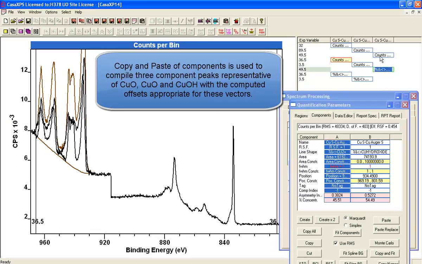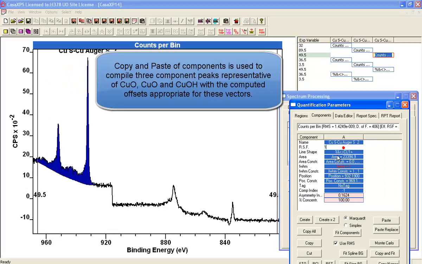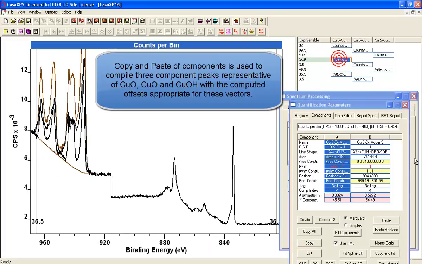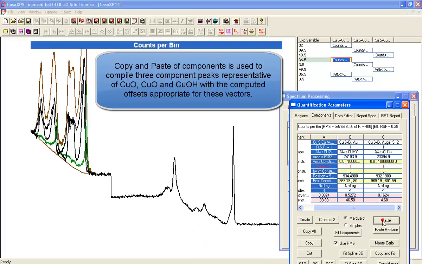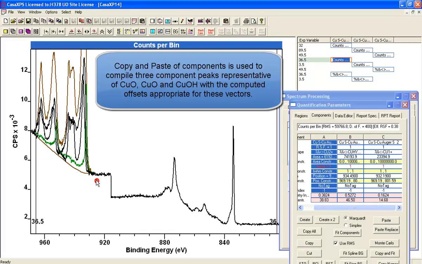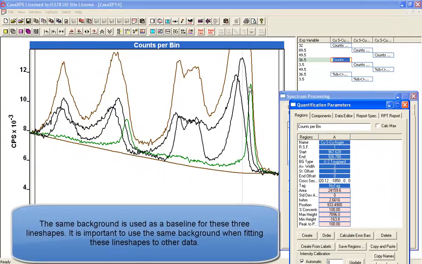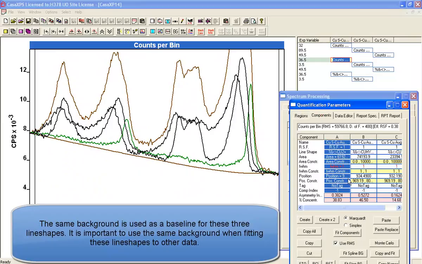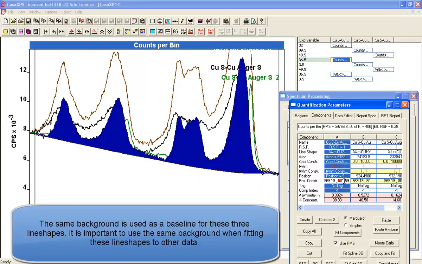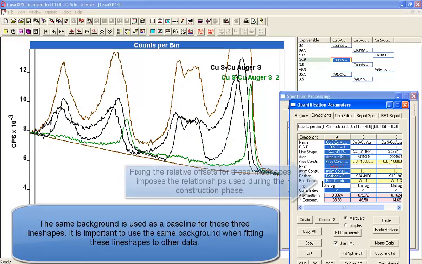And I'll do the same again for the copper 1 plus, and I'll paste it. So you can now see that I've got all of the line shapes involved in this peak model, and they've all got the same position that has been set up by fitting them to the data. So I can now take the position constraint, and if I say lock and press return, you can see that